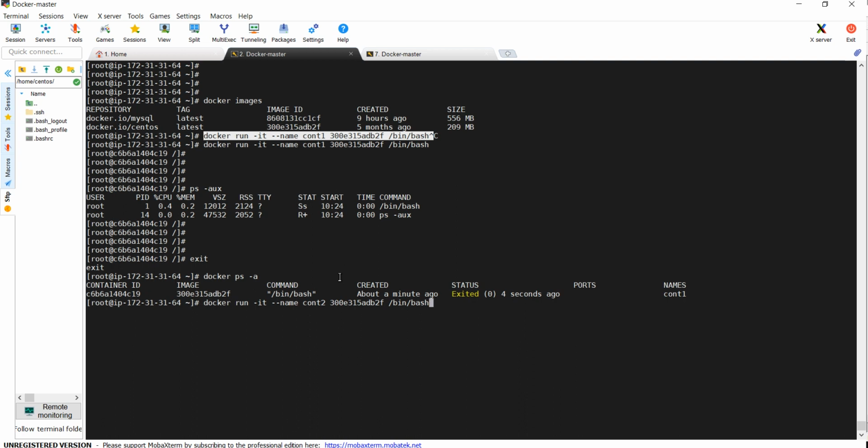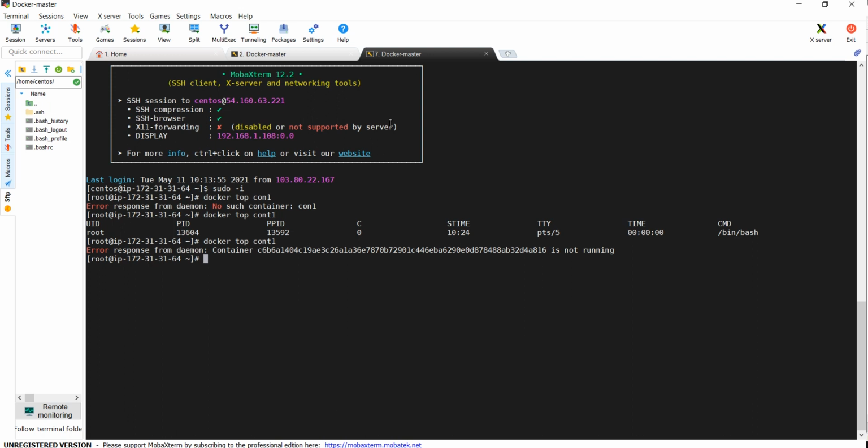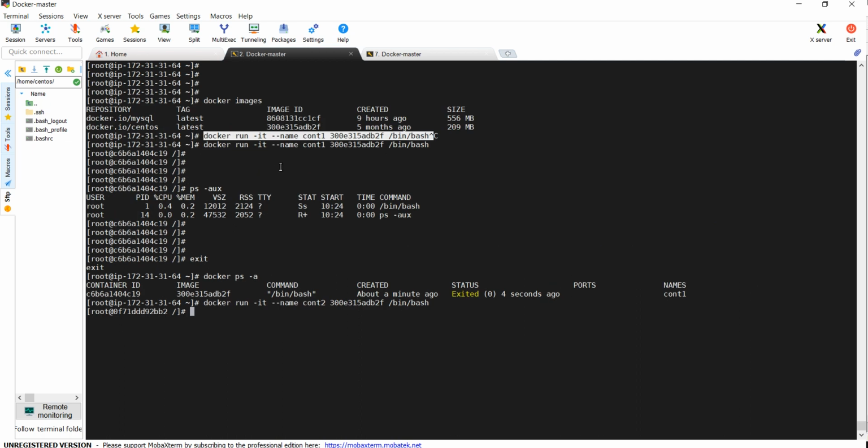Okay, bin bash. Now you are inside the container. If I need to come out of this container, there is a shortcut: Control plus P plus Q. If you come out of the container by using this command, the container will not die.